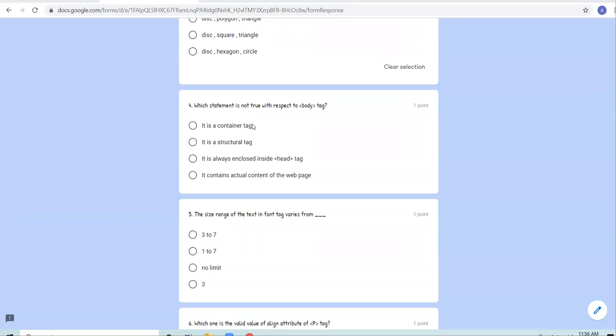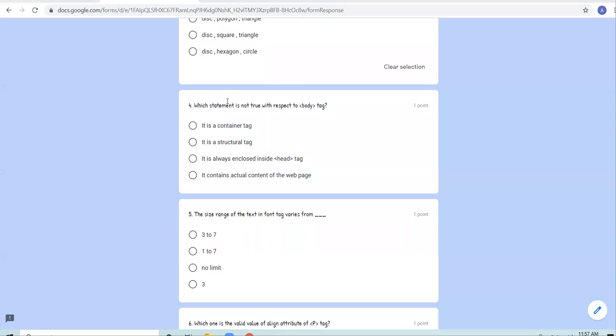So it is container tag, it is structural tag, it is always inside the Am I audible clearly? 10th class?